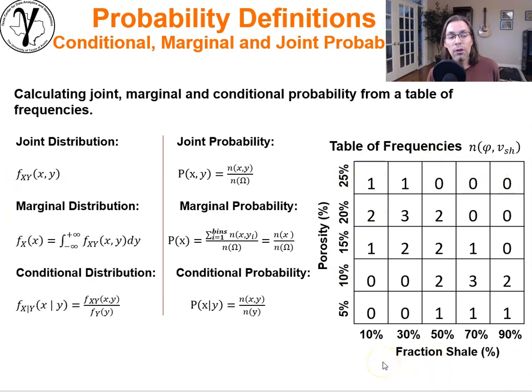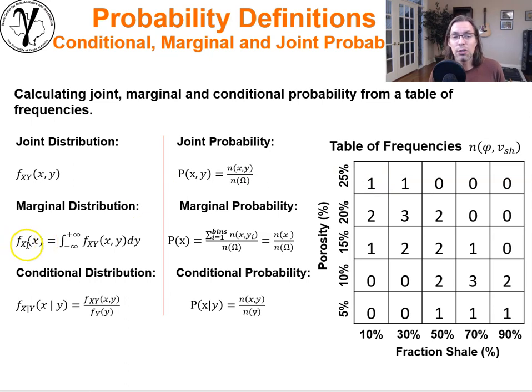Now, we could turn those frequencies or those joint counts into probabilities just simply by dividing by the number of total samples. In other words, the number of samples in this combination right here, this joint count, is 1. The total number of samples we have here, I think, is about 25. And so we would expect that this joint probability right here would be 4%. We can go through the entire data set and do that. We'll do that on the next slide.